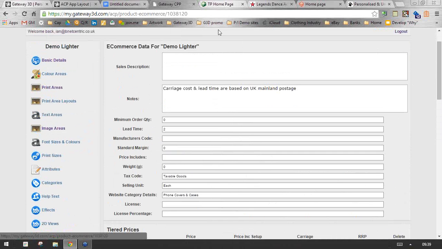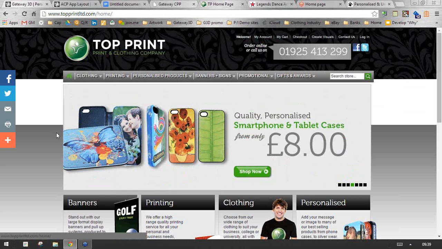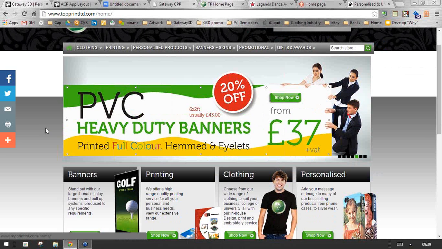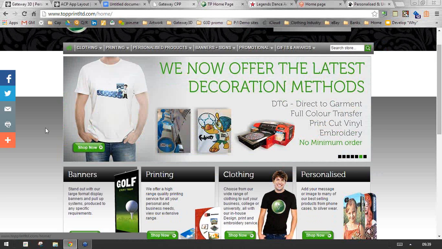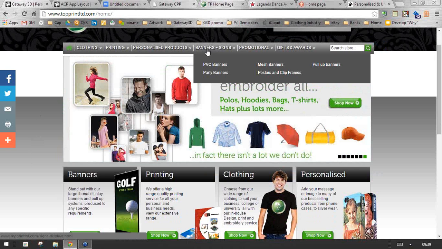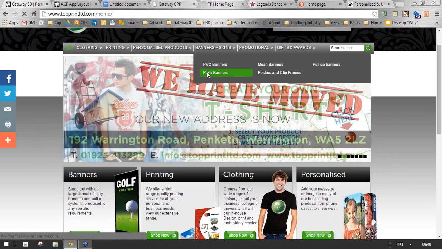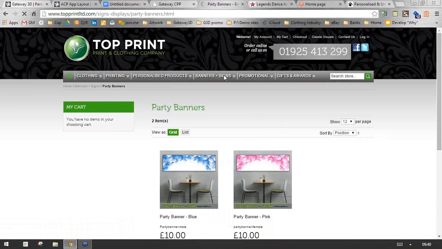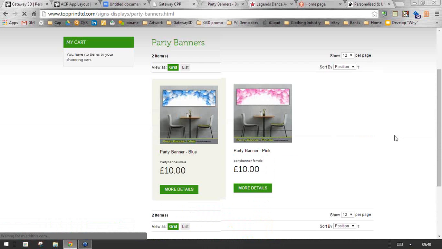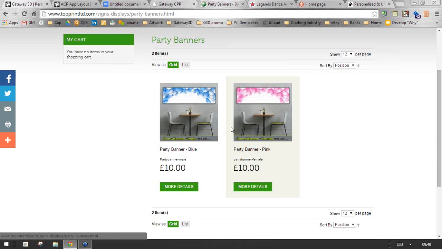So just to run through a few examples of how it could be used. This is a website from a customer of ours who do their own in-house printing on certain products and then outsource other products. Within their section they produce banners in-house, say for example a party banner. When these load, they are 2D templates, taken from a photograph, and the image area of the banner is the templated area. So if I click into the product,